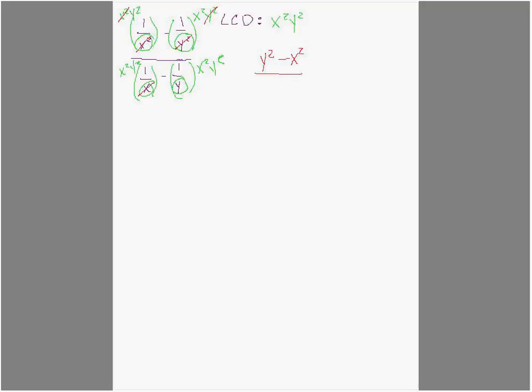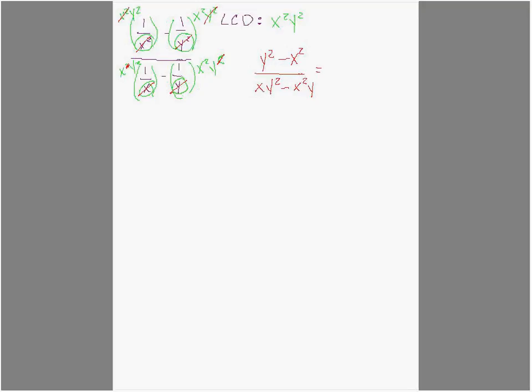Next one, this x cancels one of these, so we're left with x, y squared. Bring down, this y cancels one of those, so we're left with x squared. We're down to one fraction, which is a good thing, but we need to simplify it to see if there's anything else that we can cancel. So simplifying means finding greatest common denominators, factoring, anything that will make this fraction simpler.